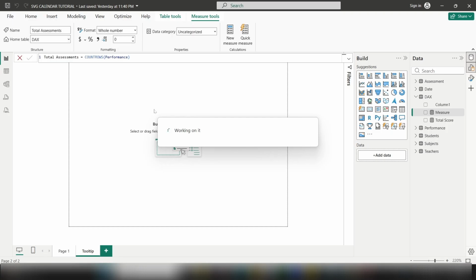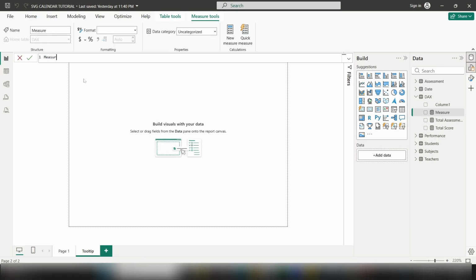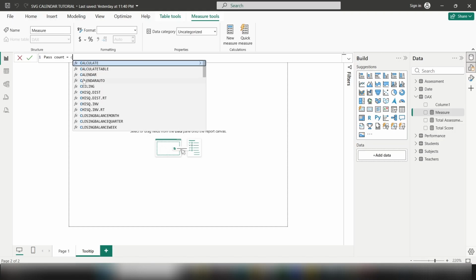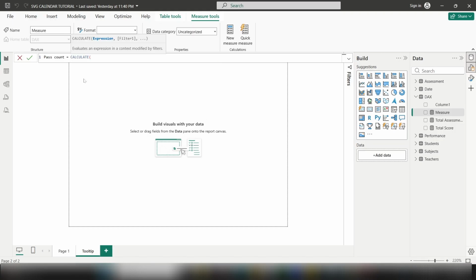Once we're done with this, the next formula we're going to create is the percentage of students that have passed. So come again, right click, select new measure. Before we calculate the percentage of students that have passed, we have to calculate a pass count. The pass count is to know how many students actually passed before we calculate the percentage. So say CALCULATE. What are we calculating? Open bracket, COUNTROWS,